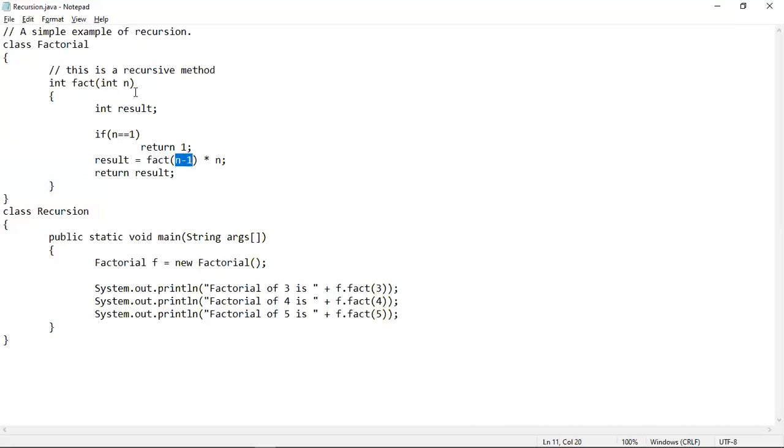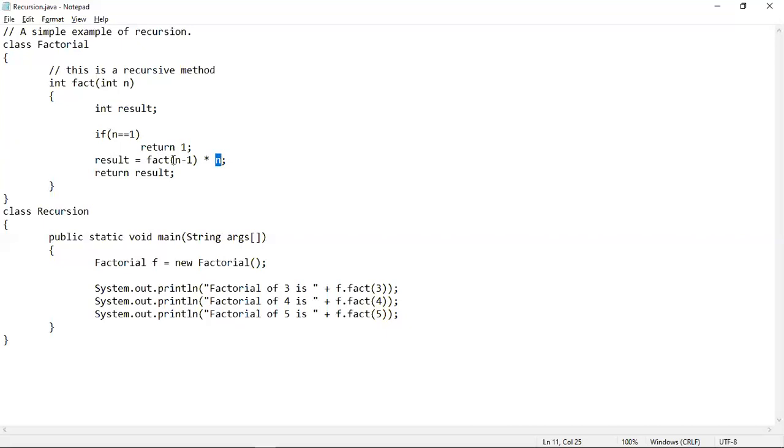The first time the value passed into n is 3. So the same method is called again from inside its own body, using the value 3 minus 1, which is 2. So this time the fact method has been called using the value 2. After that, into n. That means the value of n will be multiplied to this value.